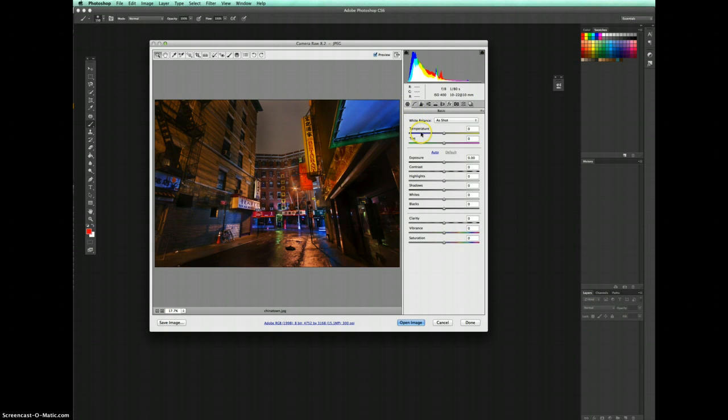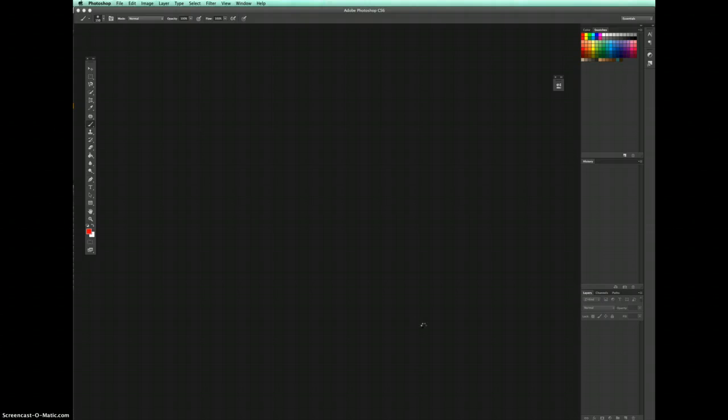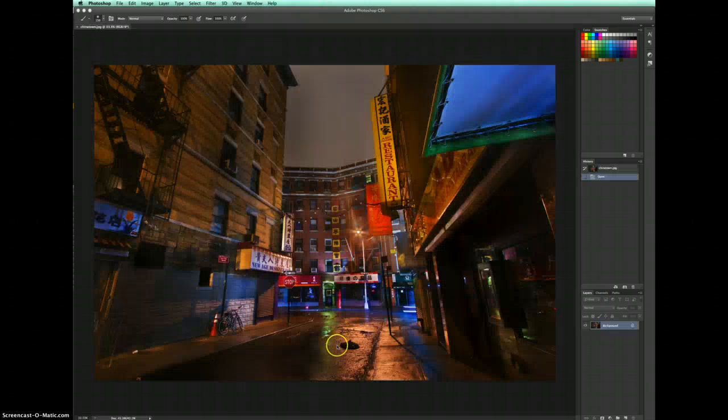You can do a little spot editing with Adobe Camera Raw, but the majority of the edits that you're going to make here would be considered global edits where they apply to the entire picture. Once you finish editing your image and you're happy with it, you're going to open the image into Photoshop. Okay, so now that your image is opened into Photoshop, you would now work with it and